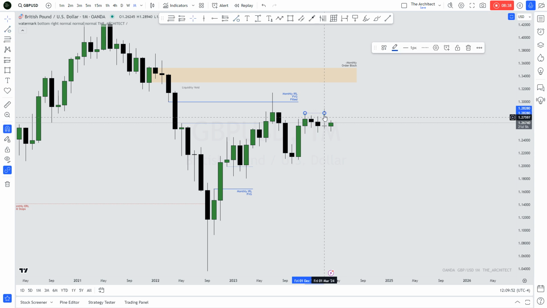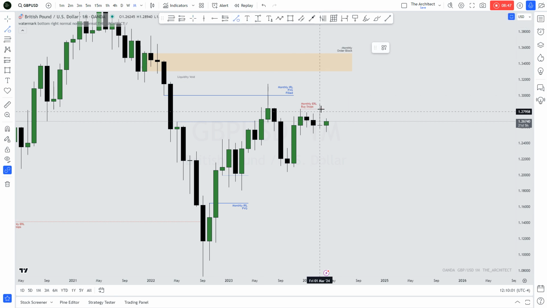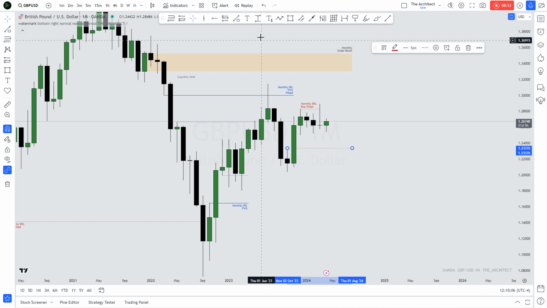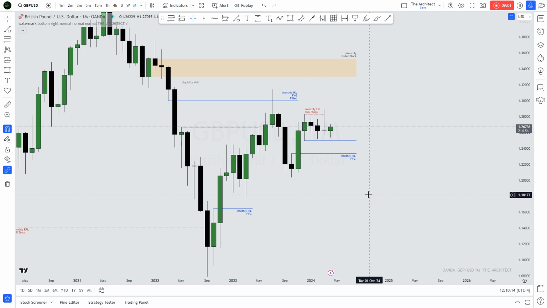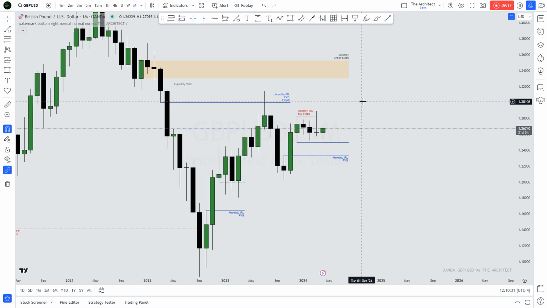One thing that's significant is we start to see that this point over here, being this monthly high, the liquidity over there gets taken, right? So that's regarded as external range liquidity, which essentially means that there's a likelihood that we want to draw into the opposite direction, which means filling a fair value gap, this fair value gap over here. So we've got two points of interest that smart money would actively be wanting to draw towards, which is either smart money is going to trade into this fair value gap or disregard this fair value gap and trade higher so as to reach that monthly order block, right? So let's further investigate this.